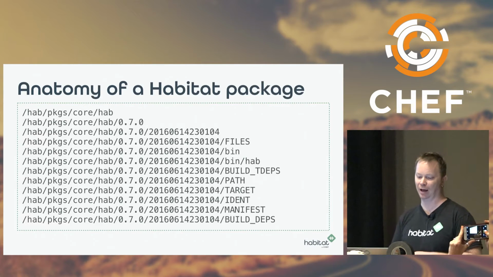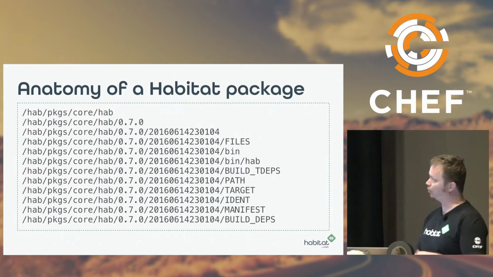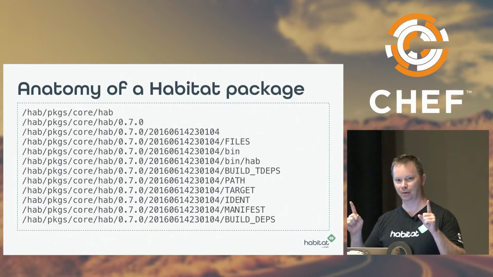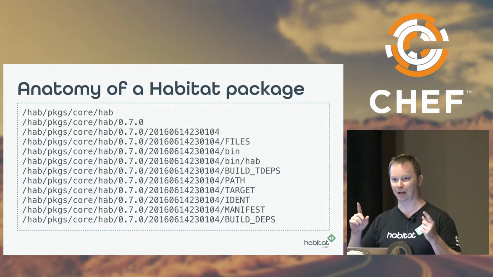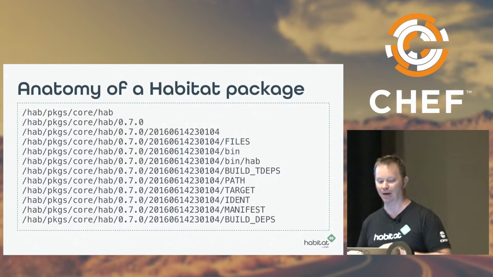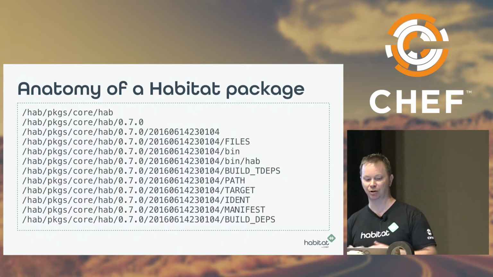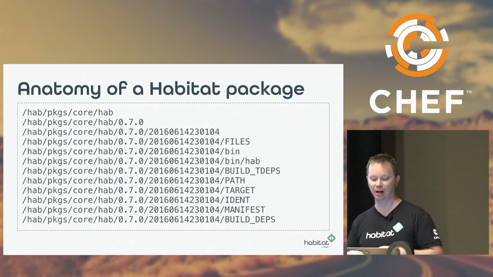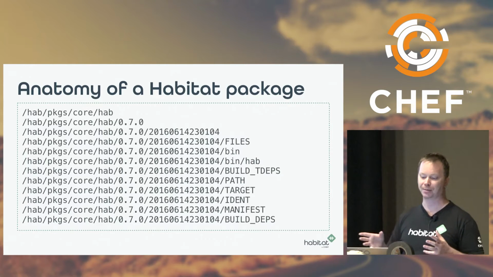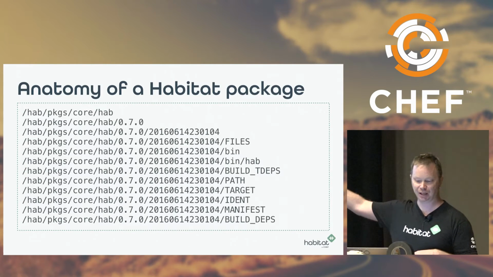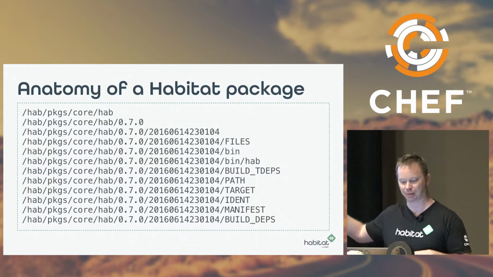So inside of a Habitat package, we extract those out to /hab/packages/ the origin name. So in this case, it's core, but it could be Acme or Microsoft or Chef or whoever packaged that thing. It would be that origin. And then the name of the package again, the version, the release. So that's a directory, and it has a bunch of files in it. And the files in here that are in all caps are the metadata files that Habitat created when the package was built. There's some others. I'm going to talk about some of them.